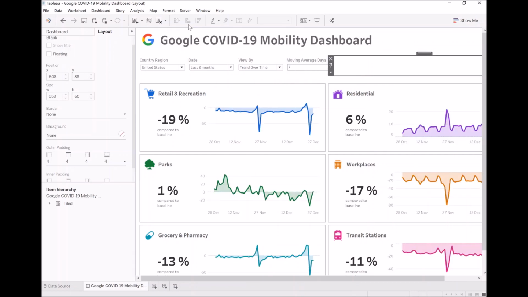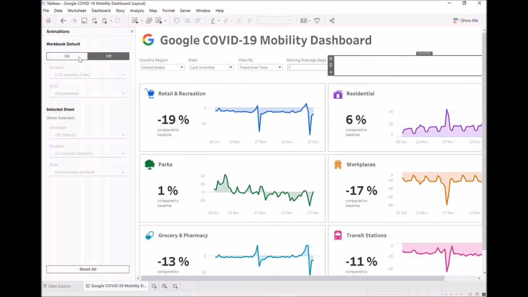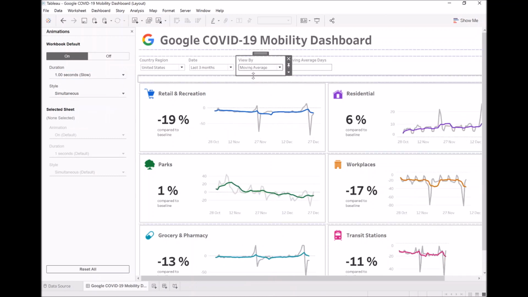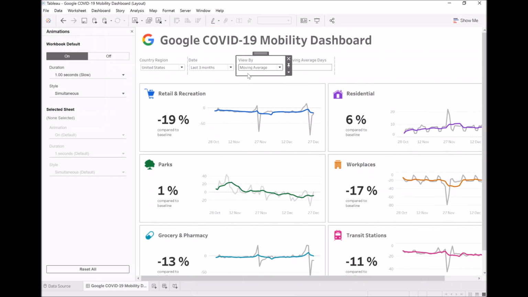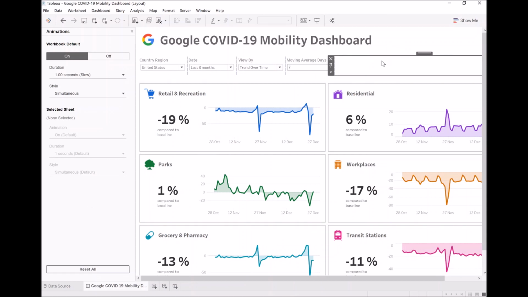One last thing to make me happy, if you go to format, animations, and enable them, it looks a little bit cooler, although it takes a bit of time. But let's see what that looks like. Let's change that to moving average. And let's change it back. Again, pretty cool. Give this a try, apply this to your dashboard,